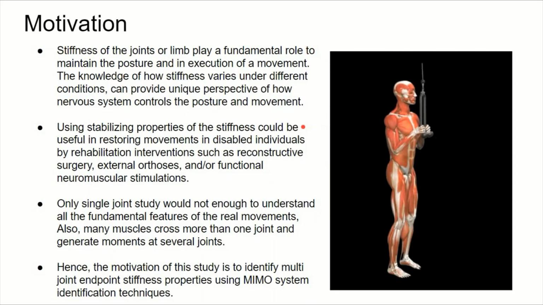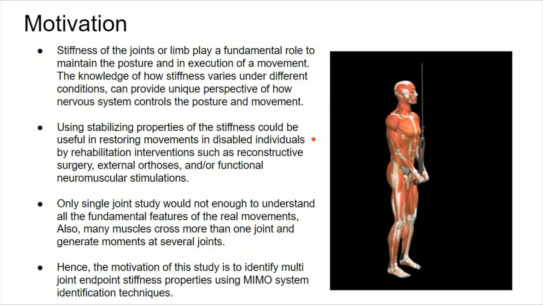So let me first start with the motivation of the particular work. As you can see here, the human is doing a pulling activity and we can see that he recruited biceps, triceps and other muscles for this activity. Hence in most such activities, a number of muscles are involved. And the stiffness of a joint's limb plays a fundamental role while doing a specific activity. Thus, identifying how the stiffness of each muscle varies provides a unique perspective of how the nervous system controls